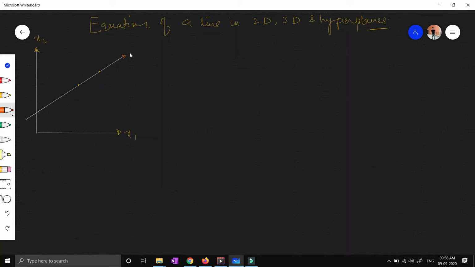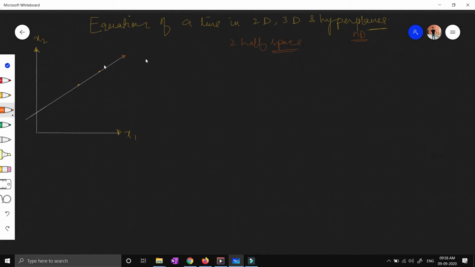So today we will discuss the equation of a line in 2 dimension, 3 dimension and n dimension spaces. It is a very fundamental thing that we should learn the equation of a line while solving machine learning algorithms. And why are we learning the equation of a line, or linear algebra? Because one of the finest properties of a line is that it divides the whole region into two half spaces, right? Two half spaces.